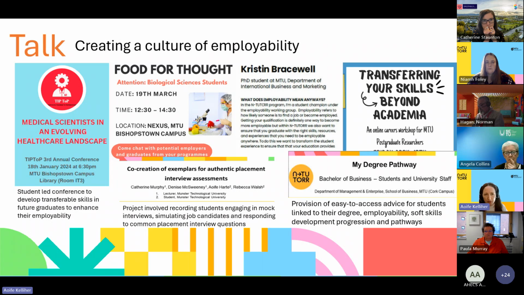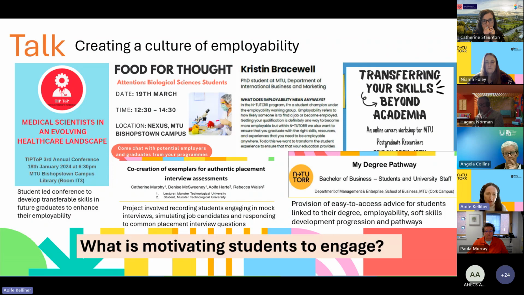But I think one of the key questions that I can see across all of it, and perhaps it isn't asked enough, is about just what is motivating students to engage. I think that is a real key point that will keep you current and in knowledge of what is important. Because I think we all just assume that students want to be employable, but actually asking that question, and being able to answer why they should be interested in investing in their employability and upskilling, is really important.